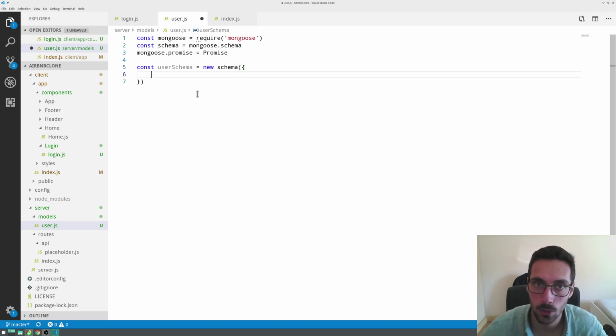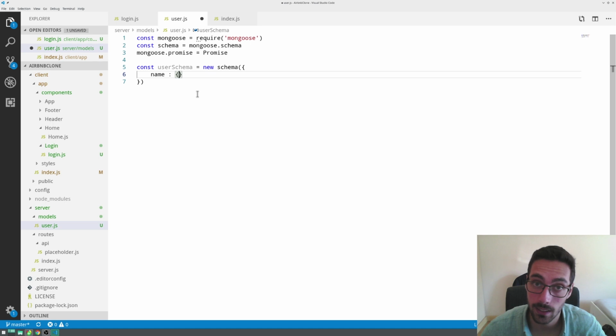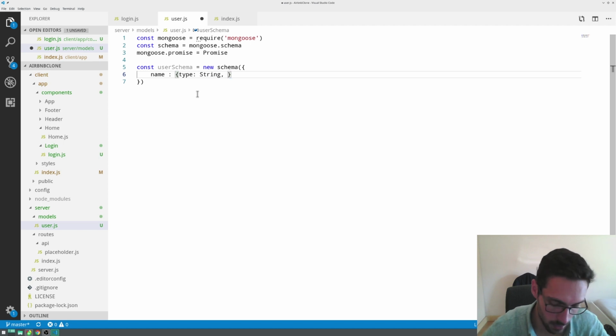So for example, we want the user to have a name, obviously. So we say name, which is the name of the attribute, and then we say the type of the attribute inside curly brackets. In this case, it is going to be string. And we can say that it is not unique, so false, comma,